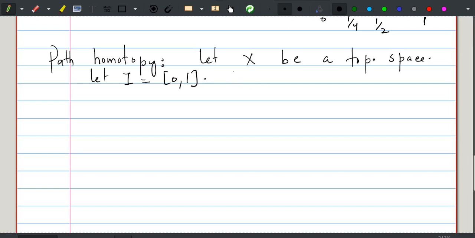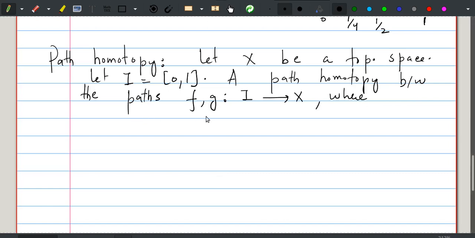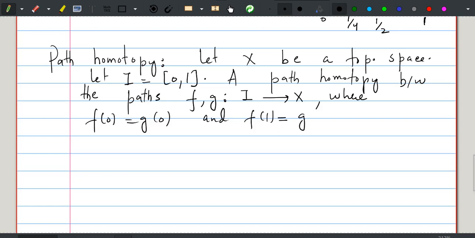Now a path homotopy between the paths. Now these are the paths f and g. Since these are paths, they are maps from the interval I to X. So a path homotopy between these paths, where f and g have the same endpoints, i.e. f of 0 is the same as g of 0 and f of 1 is g of 1. So we are given two paths f and g with the same endpoints, then a path homotopy between these two paths f and g